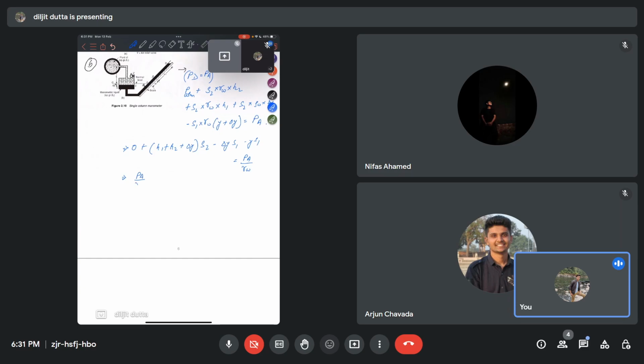So PA by gamma W will be given as 2 into